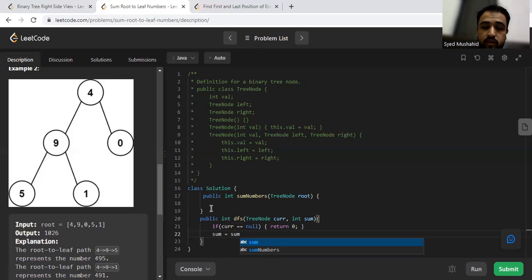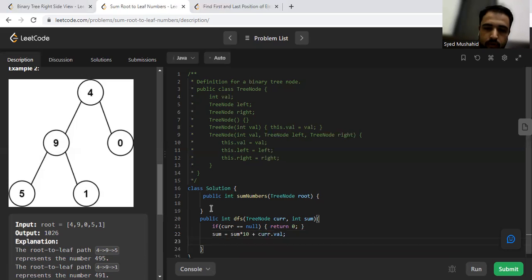We cannot just sum the numbers, but we have to pick it in tens, right? So in tens, we simply multiply the sum with 10 and then plus the current value of the node. Okay. After this, I'm going to check if current dot left